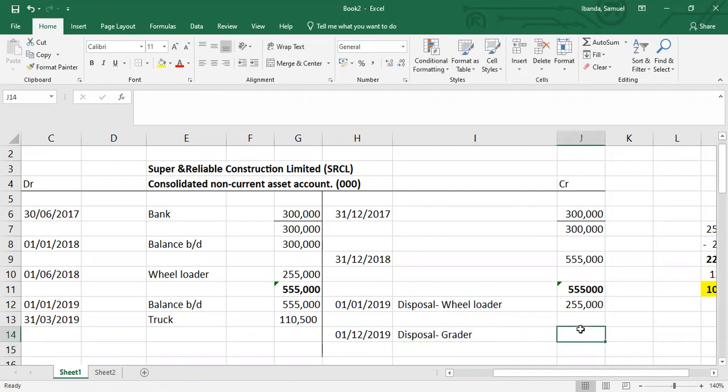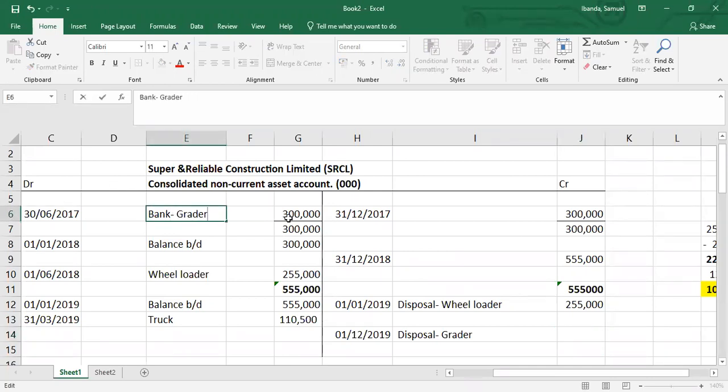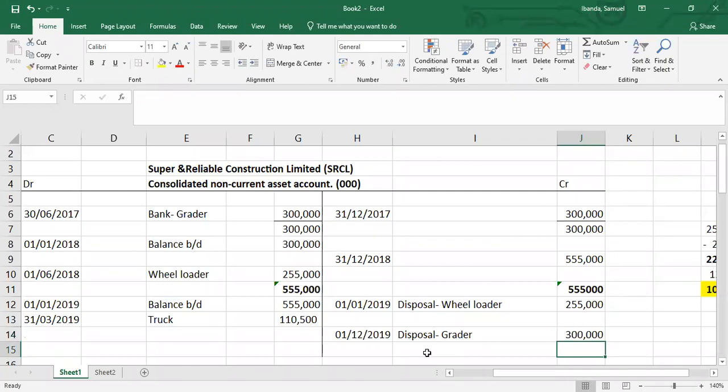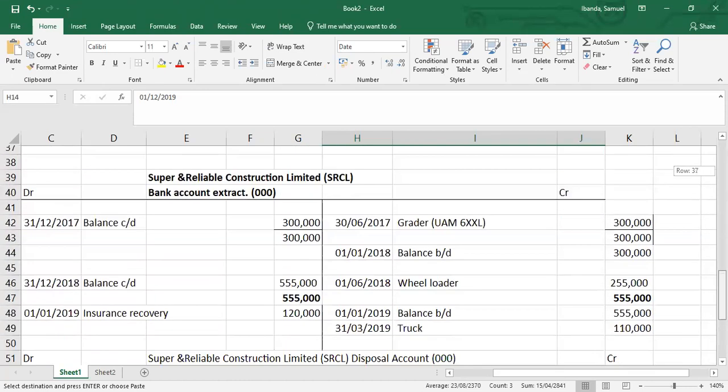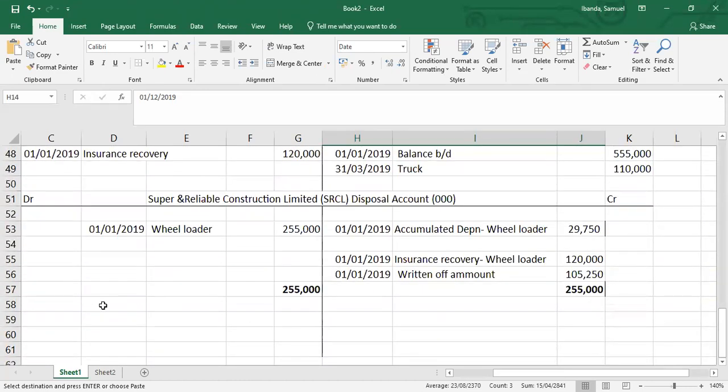So we usually dispose of the assets using their original cost. Remember, we bought this grader at 300,000. It is the one here, the one we bought through bank at 300,000. So we dispose of it at the same value because we are writing it off from the asset account. Then make sure that when we come to the disposal account, we debit it with the same value. Right here, using the same date, we shall go ahead to